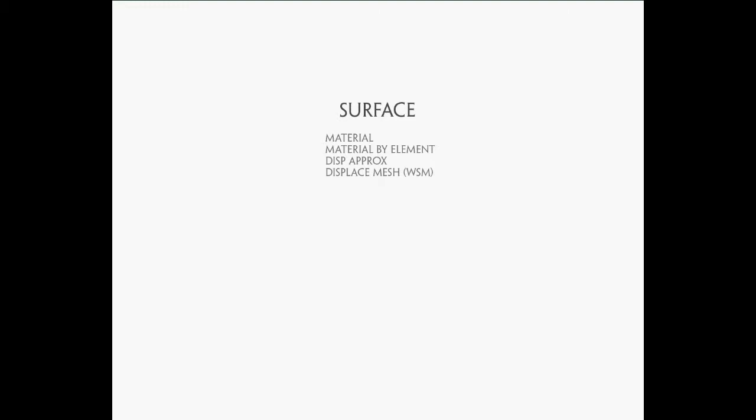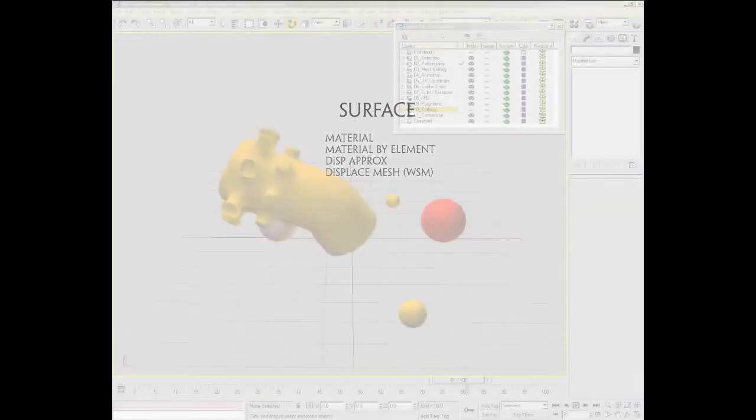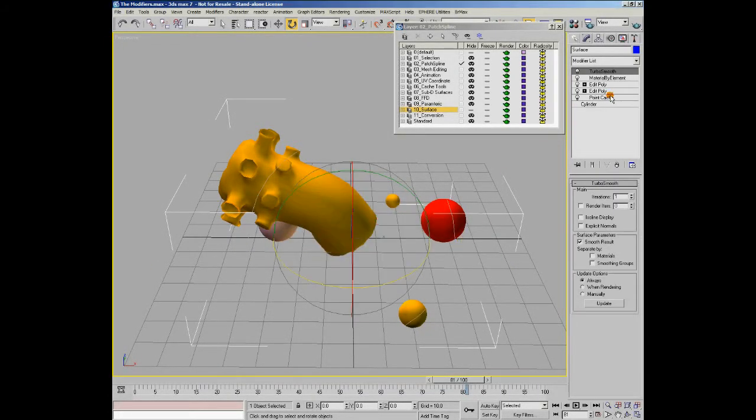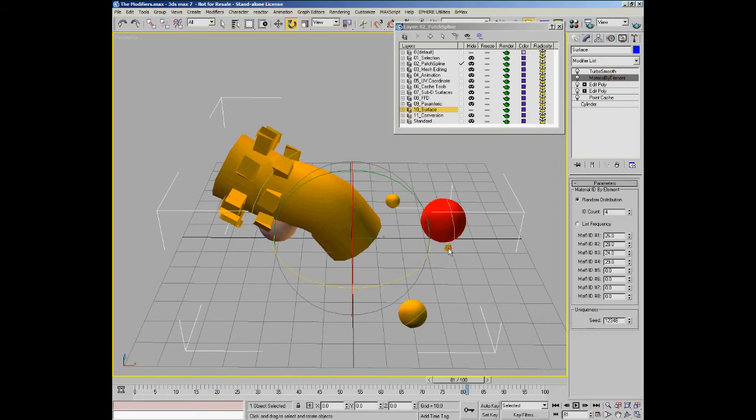The surface group is pretty much split evenly between modifiers that can be used to define which materials are applied to your object using multi-sub-object materials, and a small set of displacement-based modifiers. I've just done a very basic scene here which shows you how you can use, in this case, the material by element modifier. And what I've actually